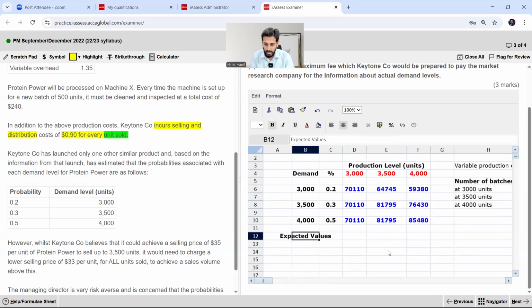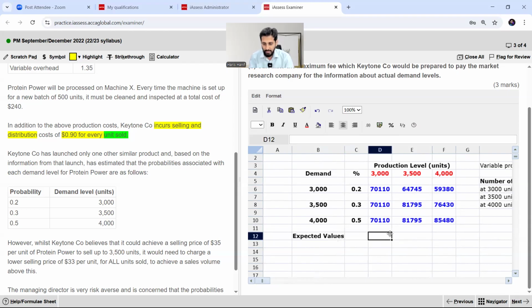How can you calculate the expected values? Press is equal to bracket open. This value multiply by 0.2. Bracket close plus this value,